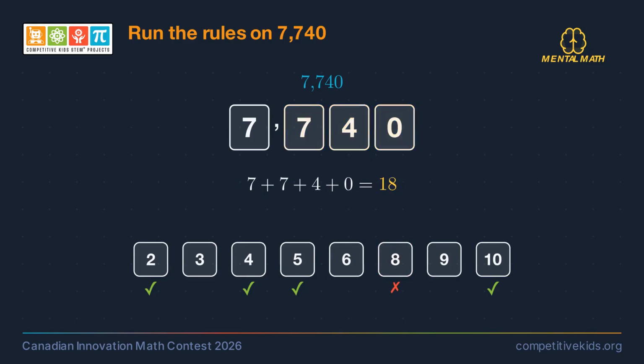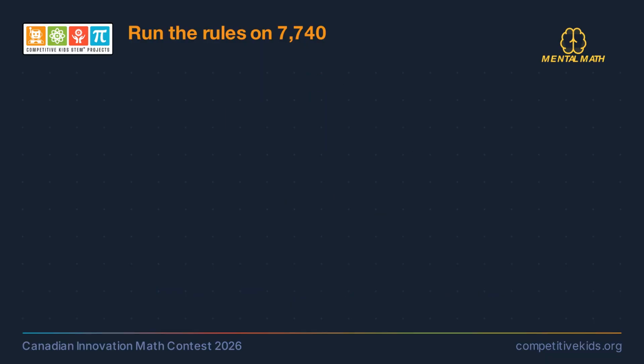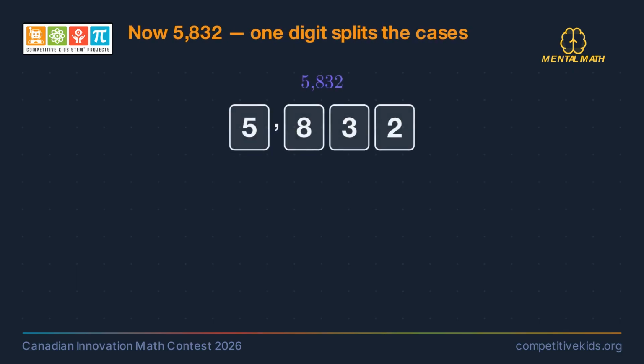3 and 9 read the digit sum. 7 plus 7 plus 4 plus 0 is 18. 18 splits by 3 and by 9, so both fire. And 6 is just 2 and 3 together, so 6 fires too. Every test but 8. Same machine, a different number,